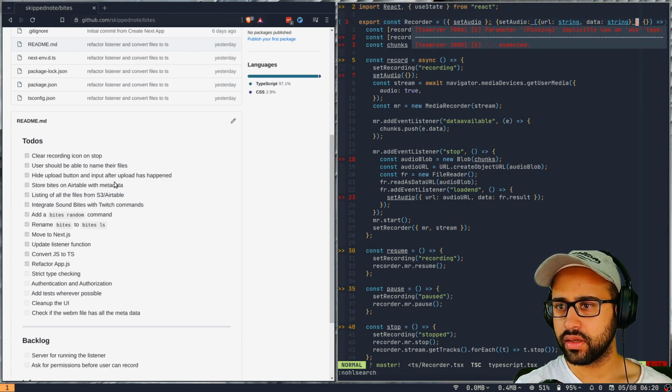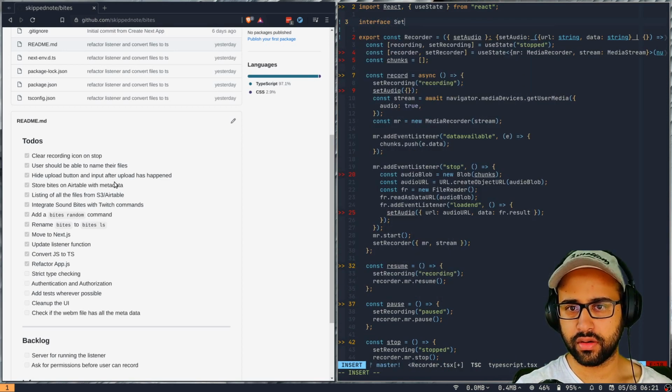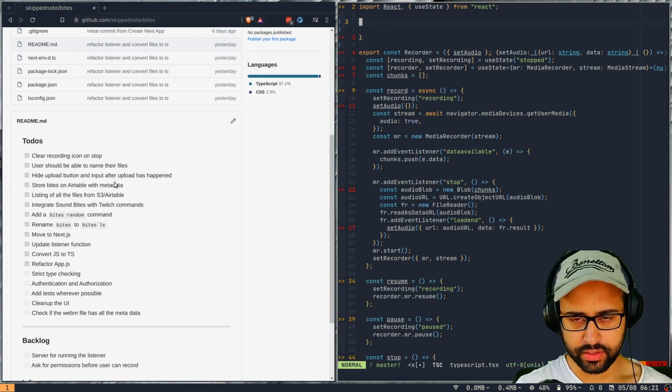Missing implicitly. Okay, I'm thinking we should probably move this out here. So I'll say interface set audio, or should we just define a type? Yeah, let's go ahead with this. Actually, let's do it like this.